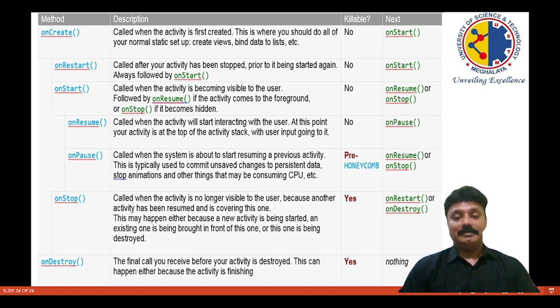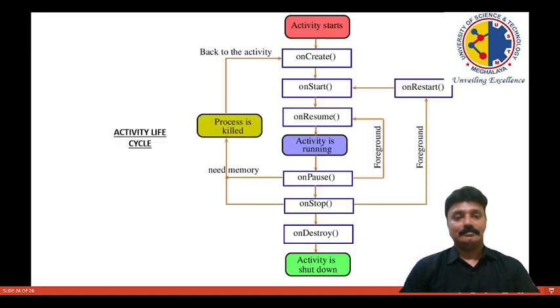Now if it is yes, then it will be restarted, or onDestroy. onDestroy is the final call we can receive before the activity is stopped or destroyed. This can happen because the activity is going to be finished. Finally, the next state is nothing.